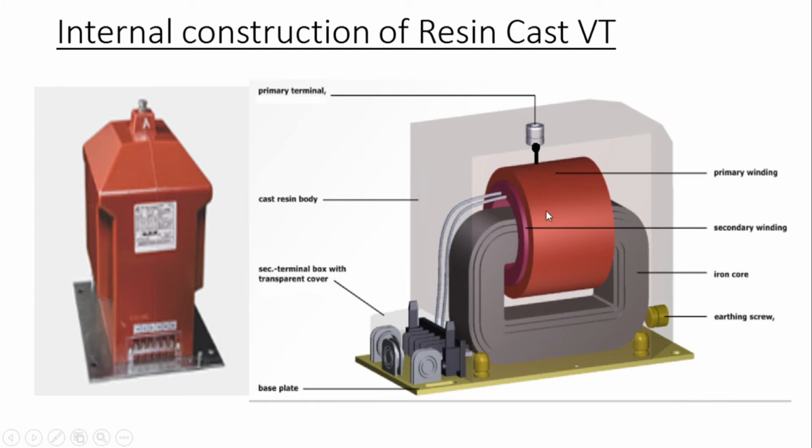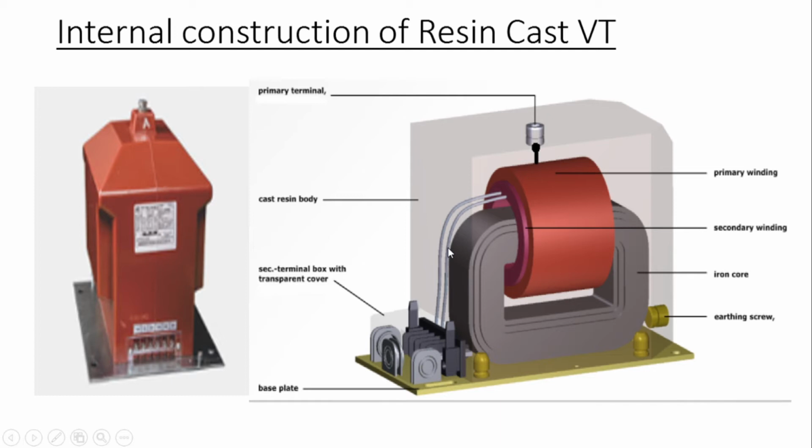The cross section of the wire selected for the primary winding is thin, as a negligible amount of current flows in the primary winding. The cross section of the wire selected for the secondary winding is thick, as comparatively more current flows in the secondary winding, which depends on the transformation ratio: TR = V1/V2 = N1/N2 = I2/I1, where V is voltage, N is number of turns, and I is current. 1 and 2 denote primary and secondary.